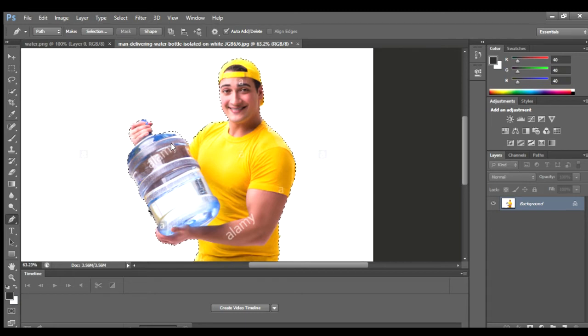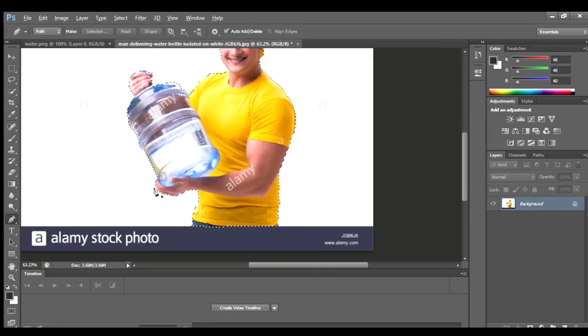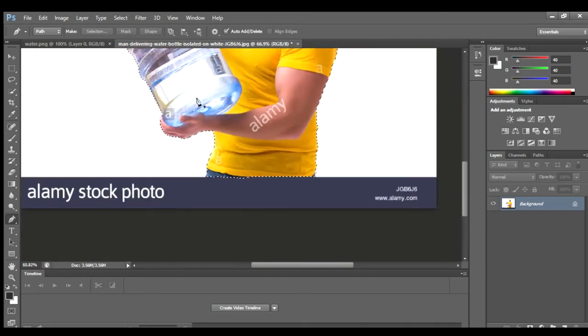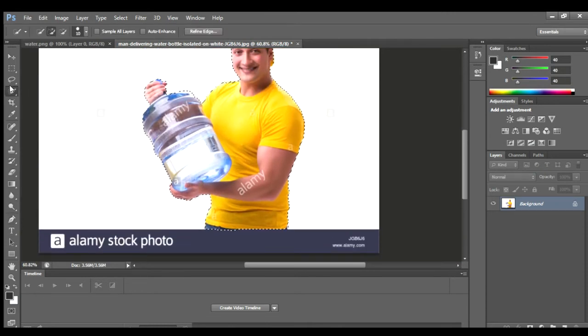You can also delete the path. Yeah, you can delete paths. Once you've made your selection, go back to the selecting tool, right click on the image. You can click new layer via copy and copy that layer, or